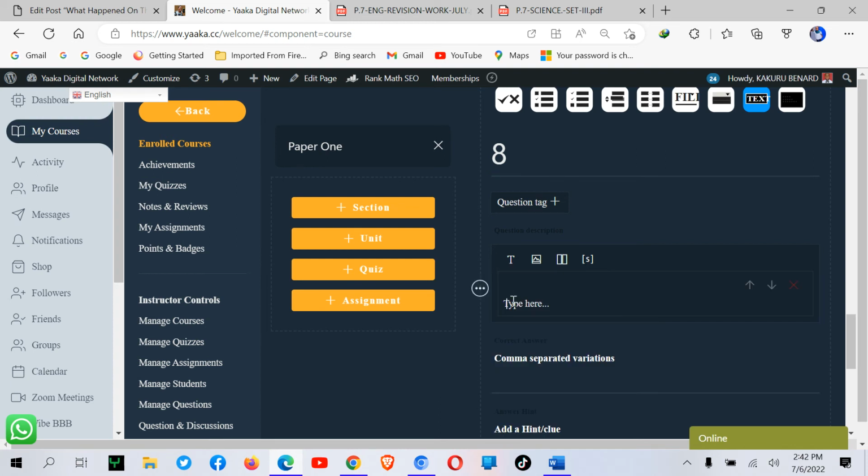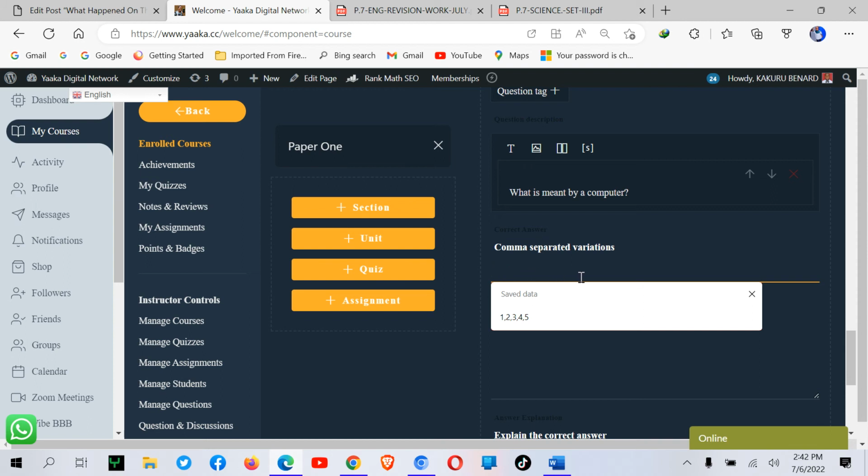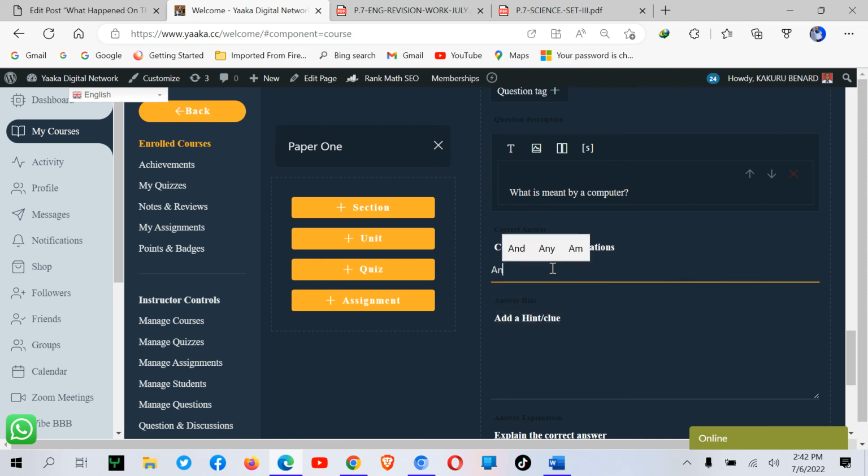So you come here, you type your question, meaning that this person is going to write from the space that will be provided. So you can go ahead and type all definitions about computer there as answers, so that if the other person receives the marked work, is able to see the corrections automatically. So if you don't want, you can as well leave it, but if you can provide answers,